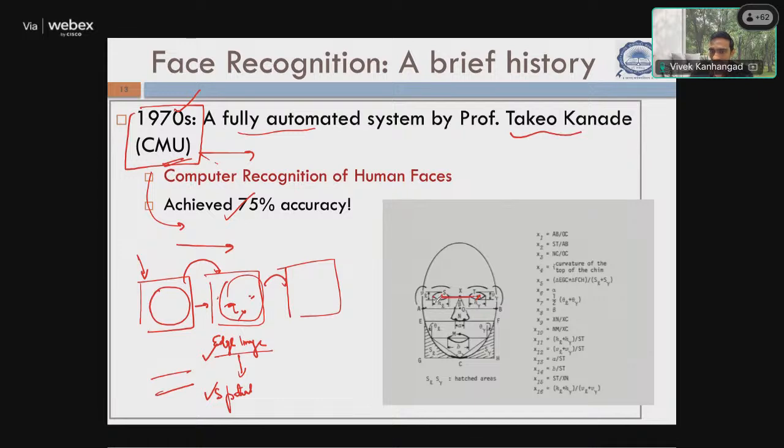This distance, the width of this eye, and some angle measurements also. He estimated some angles so that the shape of the nose can be captured, and the length from this point to this point, slightly under the ear, and some angles here to capture the shape of the jaw. Put together, in fact, he performed some sort of feature selection also,